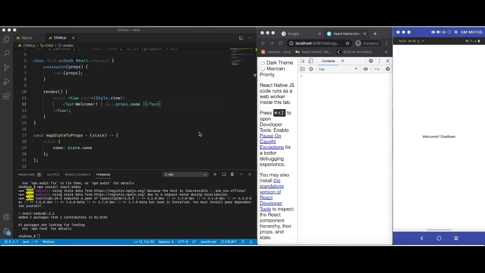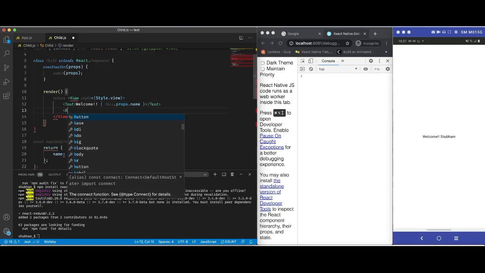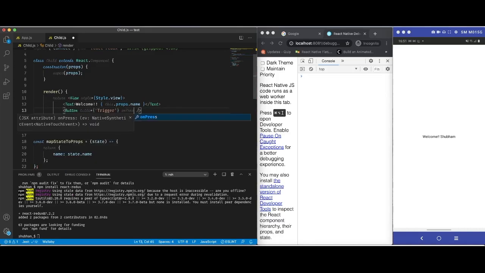Now the requirement can be extended to a case when we want to update the state. So how do we do that? For doing that, let us first create a button here. This button will trigger the state change of the store. And we'll be adding a function call at this point. So we have created a button here, and we can see that the button has appeared on the UI.